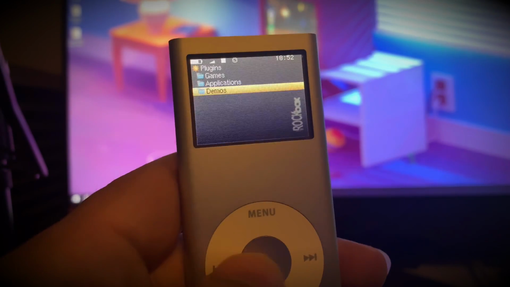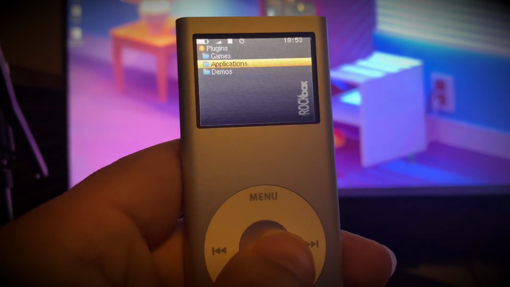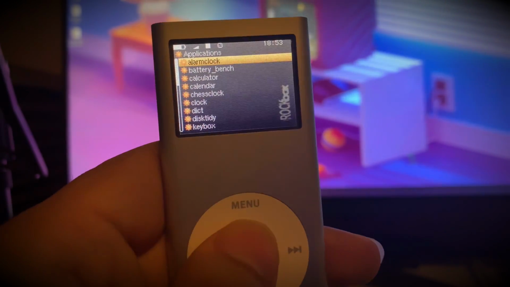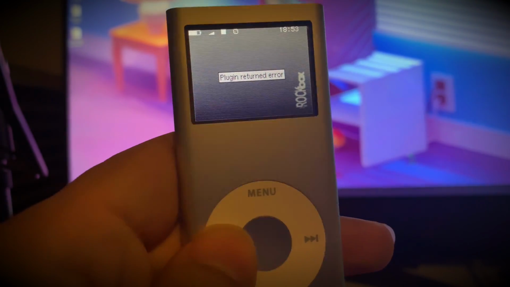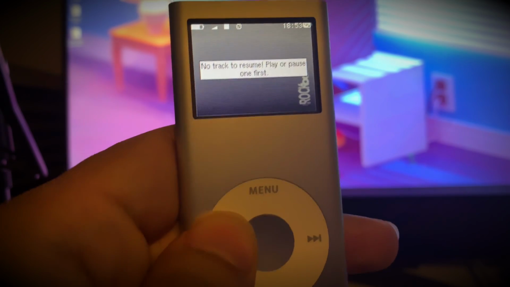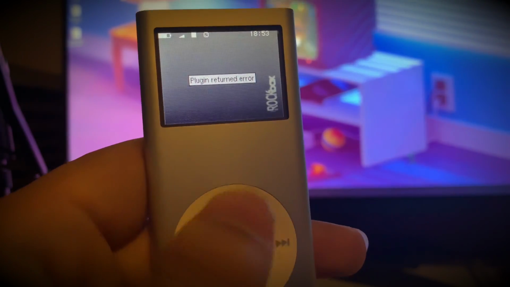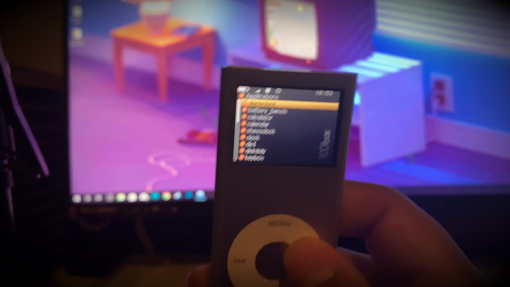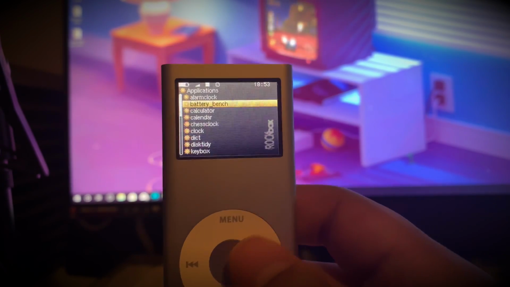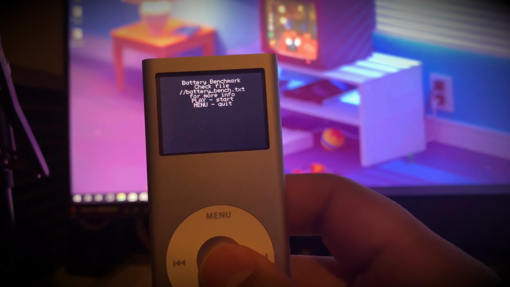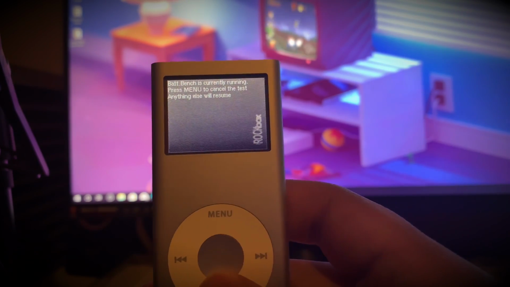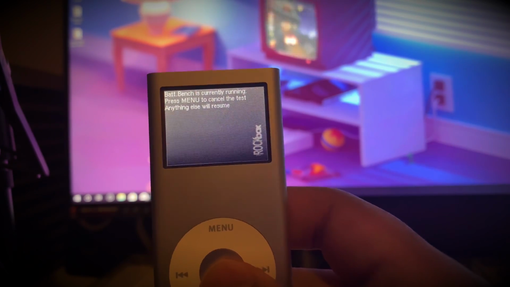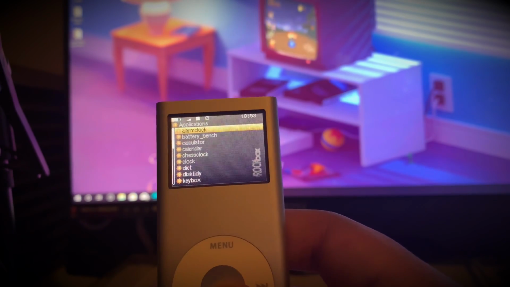Alright, so let's go ahead and go back and let's look at the applications that it brings. So as you guys can see, it brings an alarm clock, and this one for some reason didn't work. So I don't know, some plugins work out of the box, some tend to have glitches. It has a battery bench, which I really do not know what this does actually. And then it has a calculator that you can use, but I don't know,